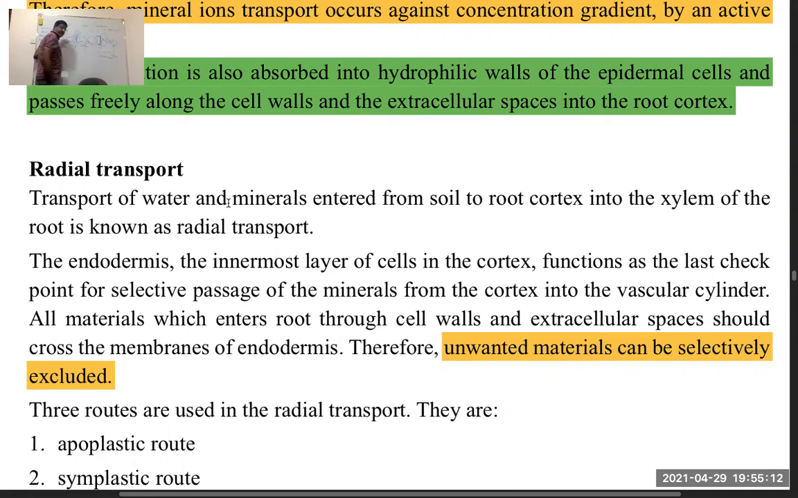Then they never enter into the cytoplasm or the protoplasm. That is known as the apoplastic route. Not only this